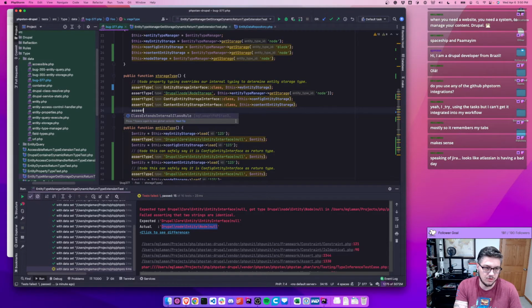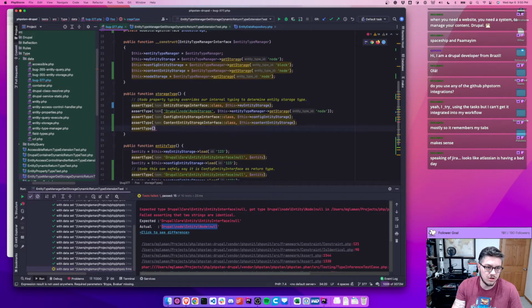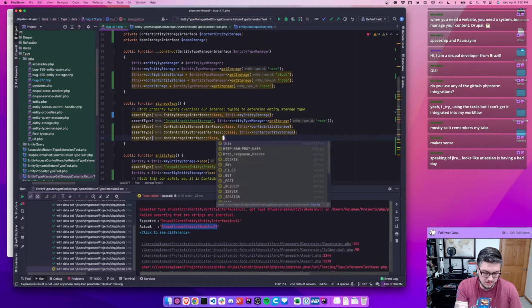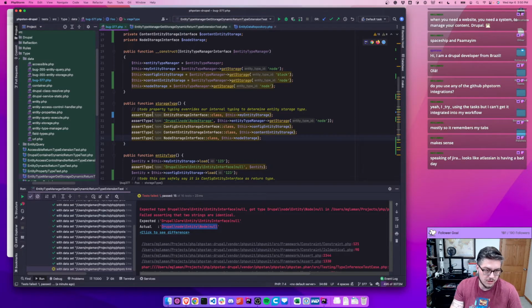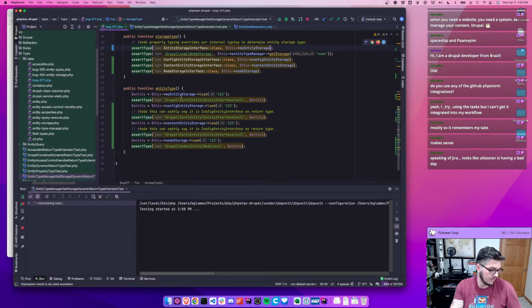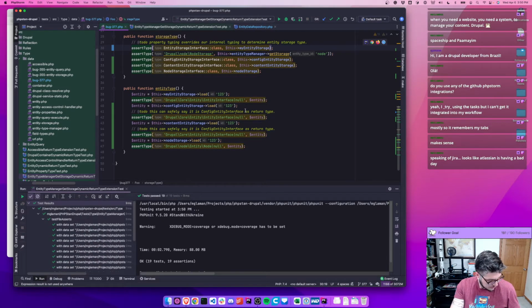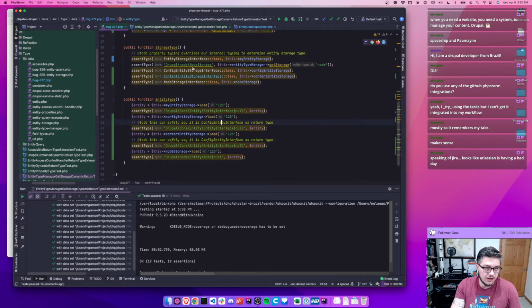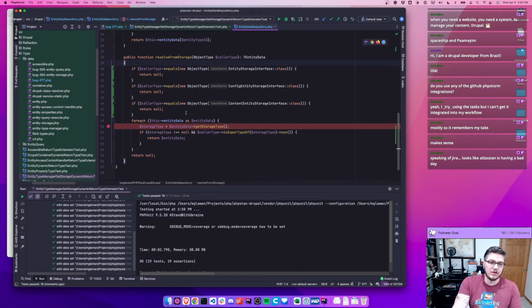And for just pure coverage, node storage interface class, this node storage. All right, everything here has now passed. Now I want to clean this up. Having 3 ifs, we don't need to have 3 ifs. We could do a